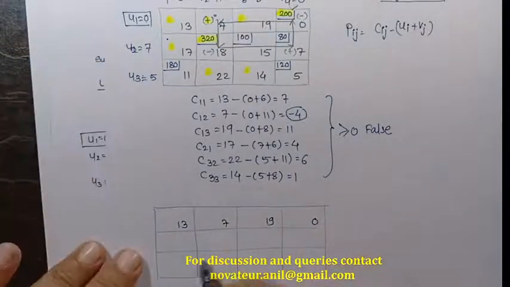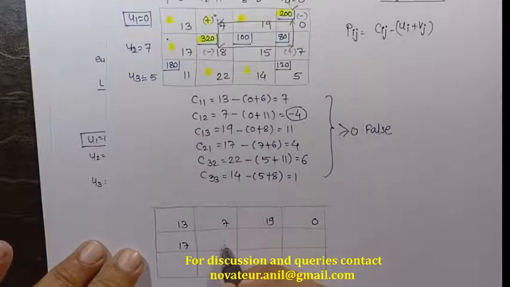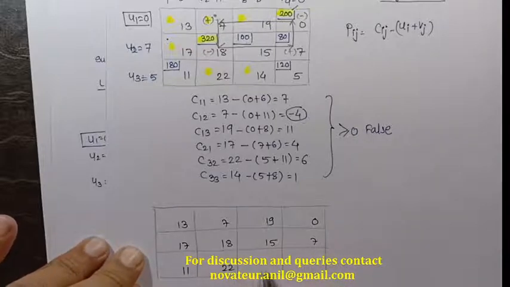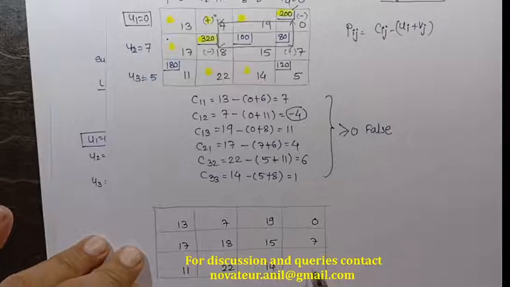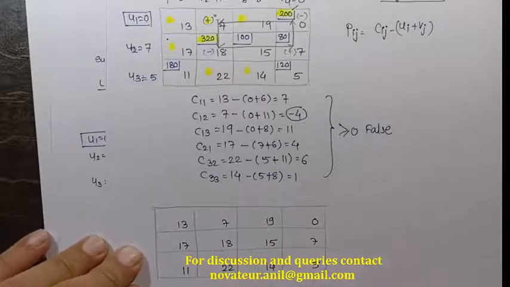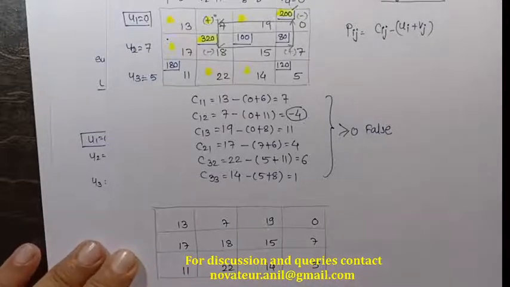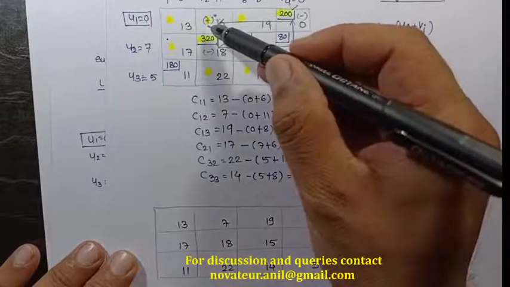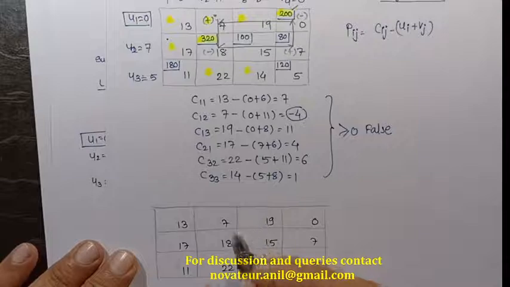My dear friends, whenever we are solving problems with Modi method, use of different color pen and pencil is a must, because as you can see there's a lot of operations we need to perform on the same matrices, so it's always better to have different color options with you. So this is 200 minus, so in this cell it is a plus sign, so I am going to add 200 here.